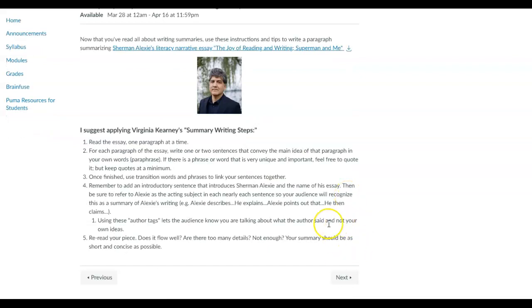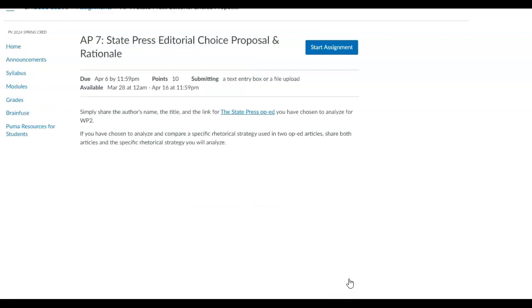It won't be difficult at all once you read the previous content. I think it really helps to understand how to summarize an entire article into a short paragraph. The next thing that you need to do, and this is not hard at all either, is I want to know which op-ed you've chosen. That's it. Choose one as fast as possible, because then we can start working on it. You can start applying everything we do in class to that op-ed. So choose that by the end of the week.